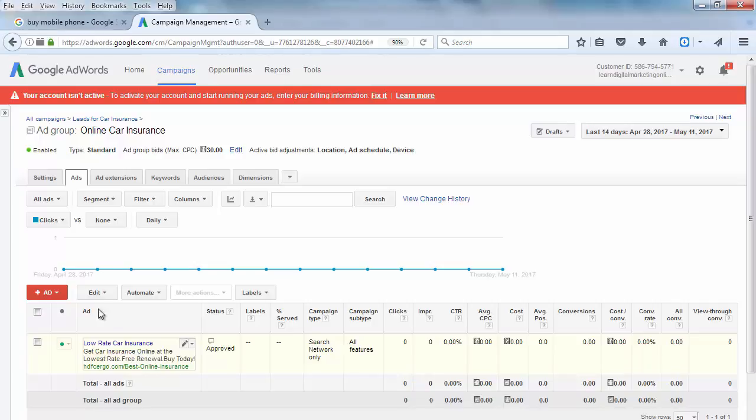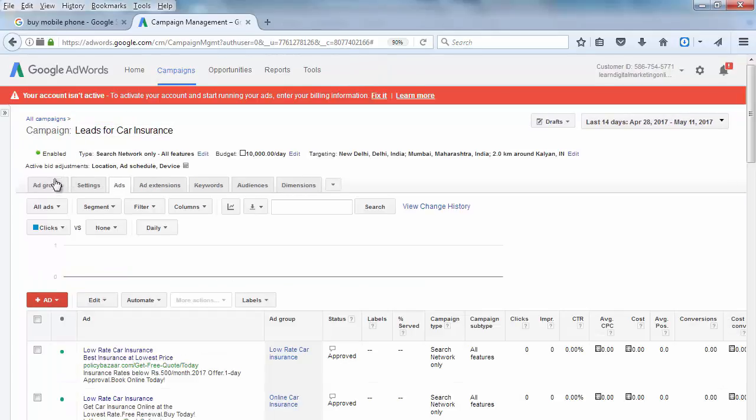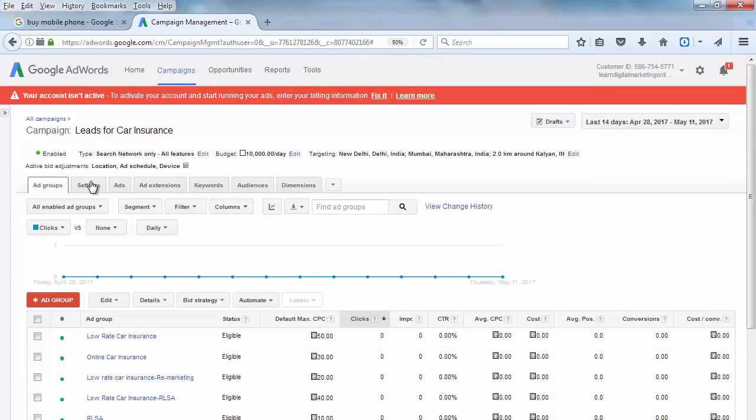as well as an ad which is related to online car insurance. This is the process which is adopted when a campaign is created, and when you want to create multiple different ad groups related to one product and then multiple ads related to that ad group, you follow this same procedure. So it's a multi-level mechanism which you can even understand through this particular entity here,